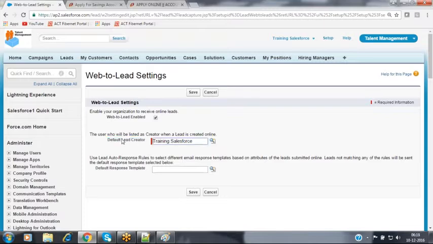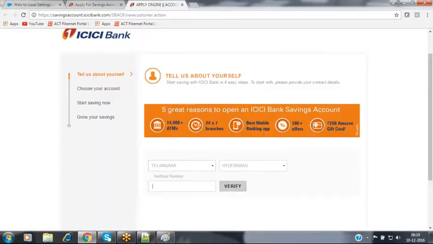And then whenever the lead record gets created, as soon as you show interest, after entering all the details inside this ICICI Bank form, finally when you click on submit, you will get some confirmation to your email ID that your details have been submitted successfully, and one of our salespersons will contact you shortly. It is sending a confirmation mail to your email ID here. It is sending a confirmation notification to your mobile alert also here. Based on that, we get confirmation that my details have been successfully submitted to the ICICI Bank people, so that those people will contact us within a 24 hours time frame. Now, how can we send a notification to those people here?